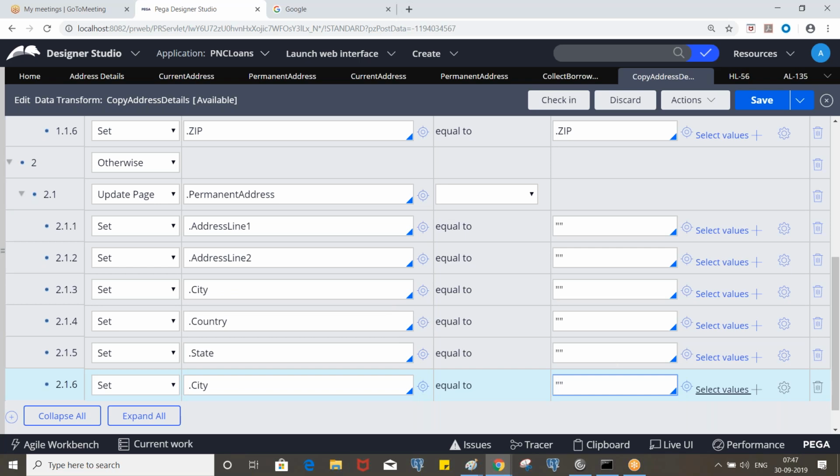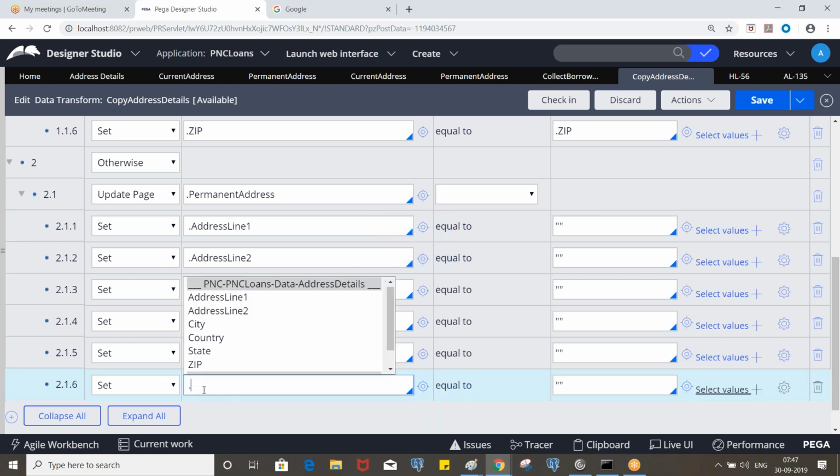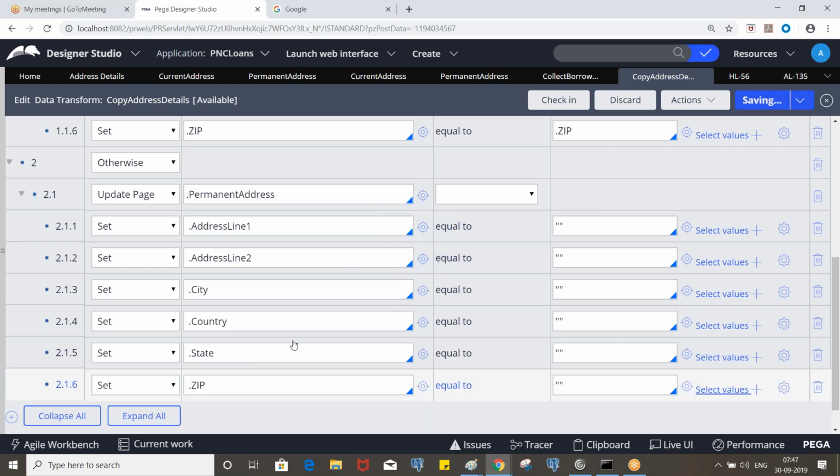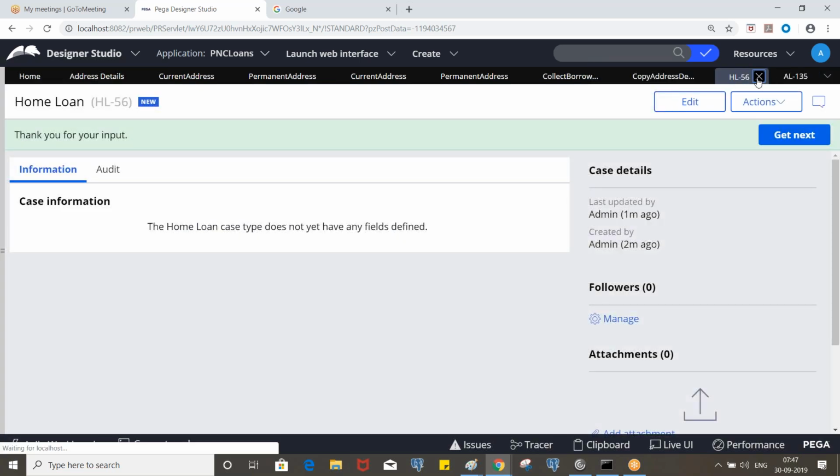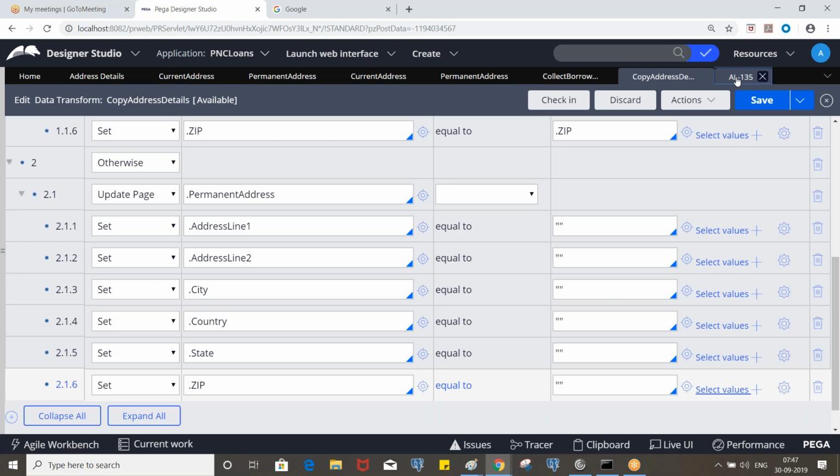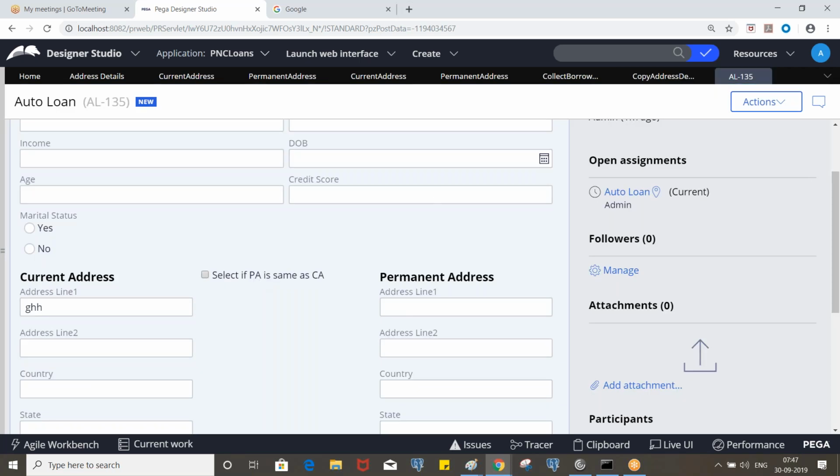Okay, so can we test this now? Let's save it. Yep. See now, it is working, right?